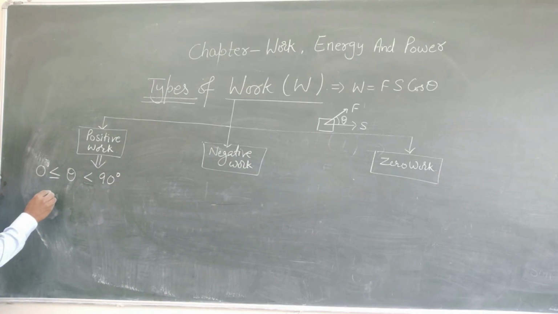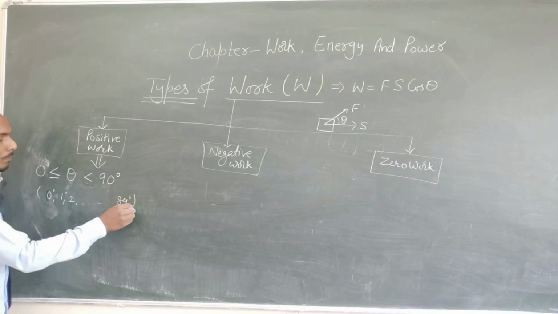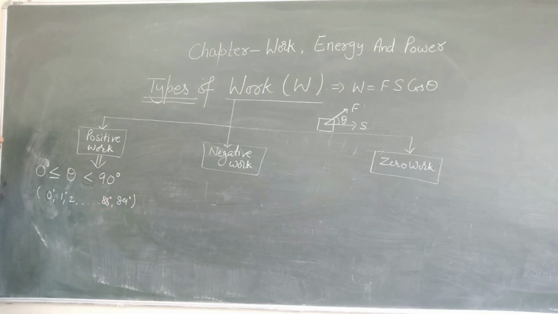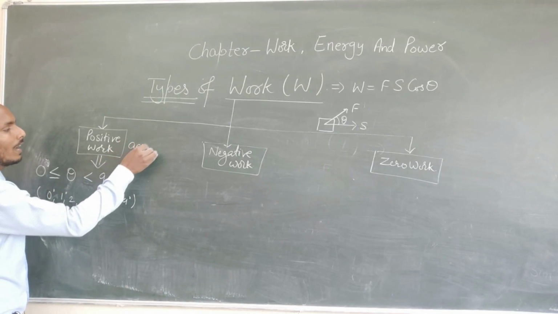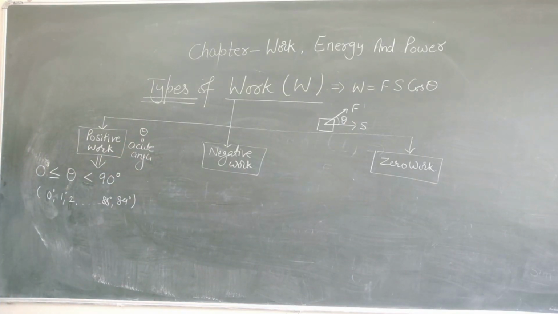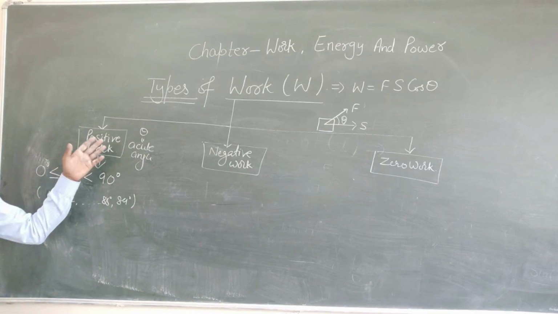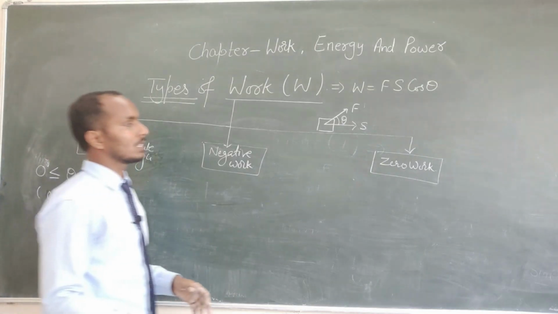It means the range is 0 degree, 1 degree, 2 degree, 3 degree, 4 degree, up to 89 degree. It means it is an acute angle. If the angle is less than 90 degree, then work is said to be positive, because